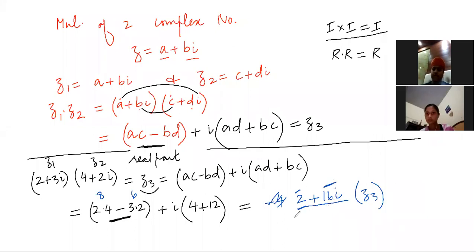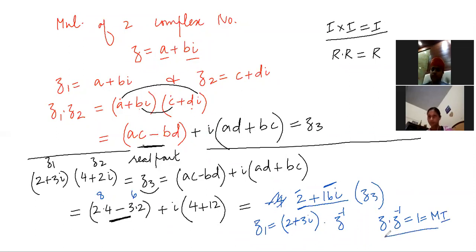All right. You can also practice this. Let's say you have Z1 as 2 + 3 iota. Now you can do some good exercise for yourself. Find its multiplicative inverse. Now multiply the complex number with its multiplicative inverse. It should give you 1. And what is that? Multiplicative identity.